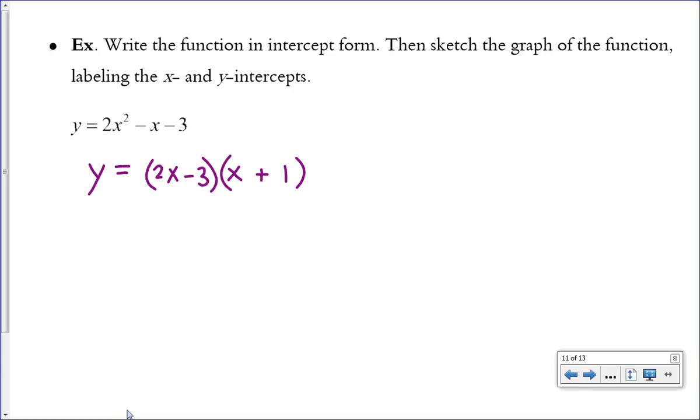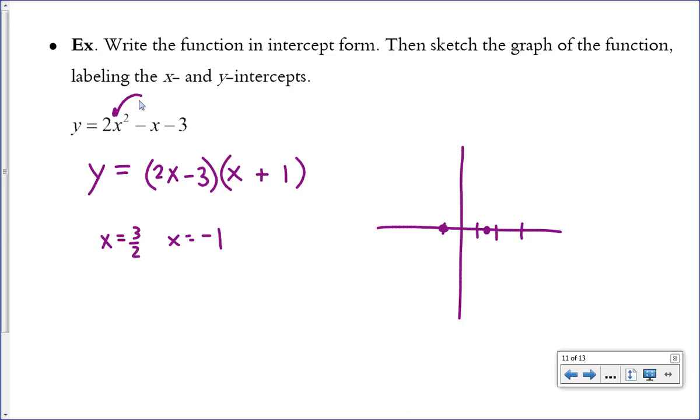So I can see that my x-intercepts are going to be located at 3 over 2 and -1, right, if I set each of these equal to 0. So when I have to sketch the graph of this, labeling the x and y intercepts is pretty easy. I have an x-intercept at 3 over 2, which is 1.5. I have an x-intercept at -1. The y-intercept comes from changing these x's to 0. So if I make these be 0, then my y-intercept is at -3. And now I can